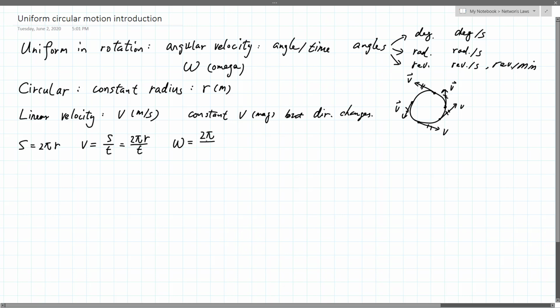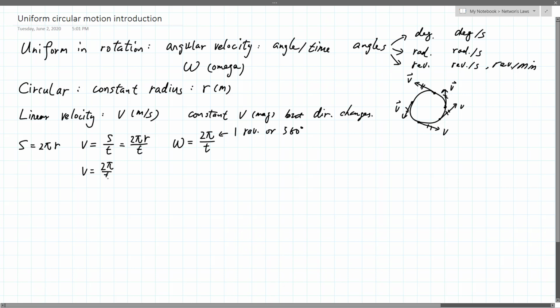2 pi radians, that's a full circle. That's 1 revolution, right? Or 360 degrees. So that much angle over this total period should tell us how many radians per second, or if you convert to degrees, how many degrees per second, right? So this is the angular velocity portion, and if you look here, the velocity has that